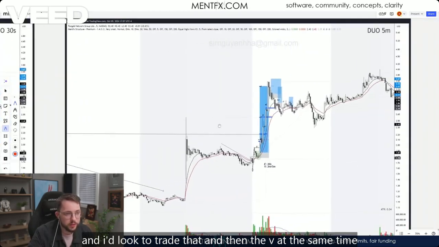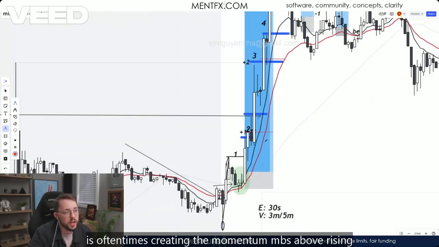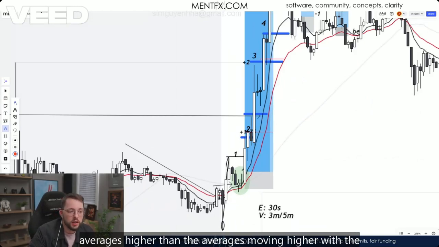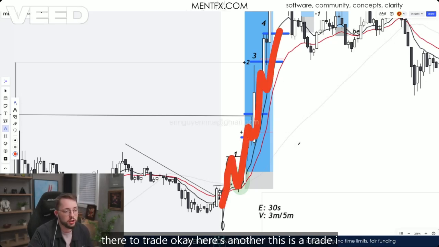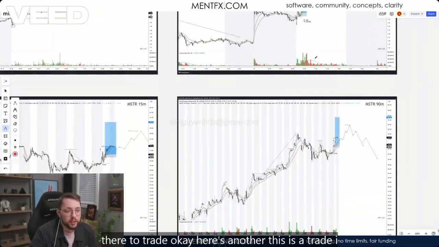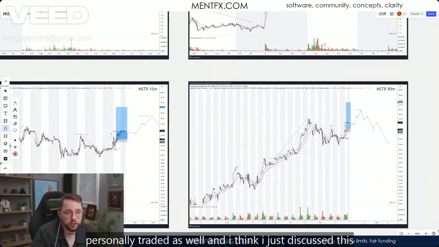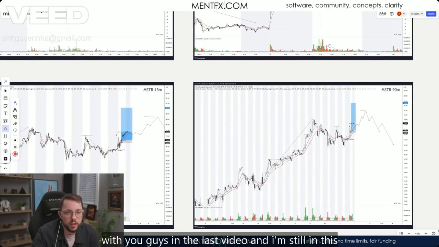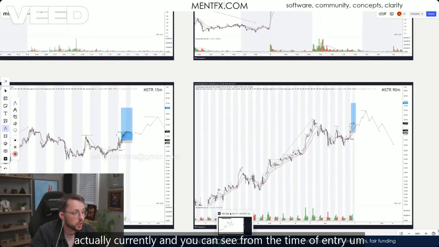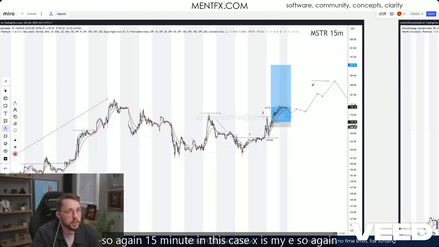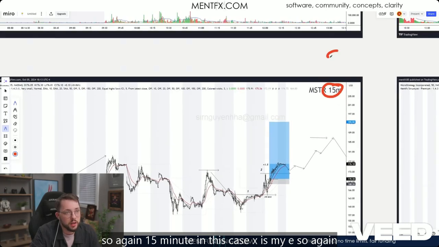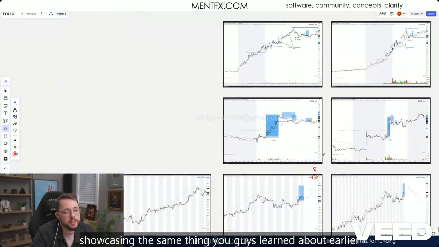And then the V, at the same time, is oftentimes creating the momentum MBs above rising averages, higher than the averages, moving higher with the averages, and then giving you those opportunities inside of there to trade, okay? Here's another. This is a trade I personally traded as well, and I think I just discussed this with you guys in the last video, and I'm still in this actually currently, and you can see from the time of entry, so again, 15-minute in this case, X is my E,